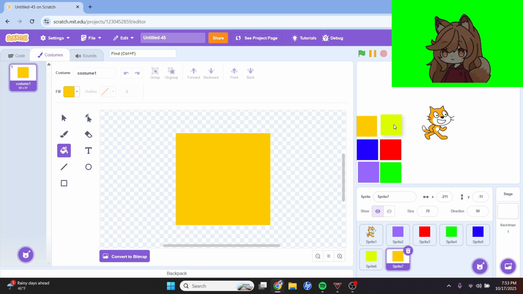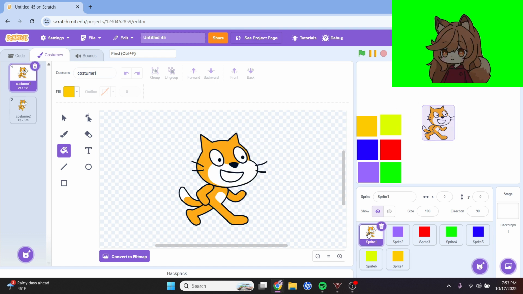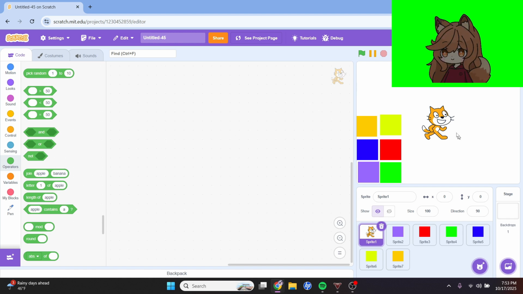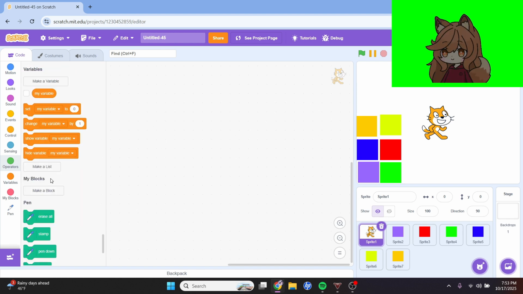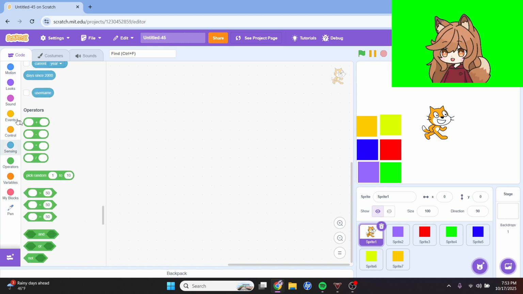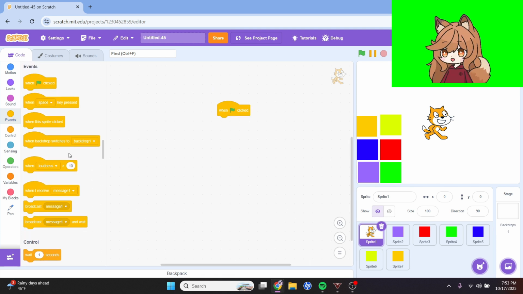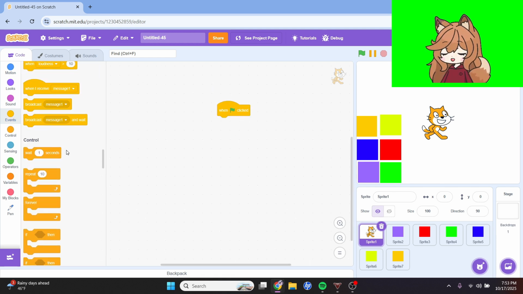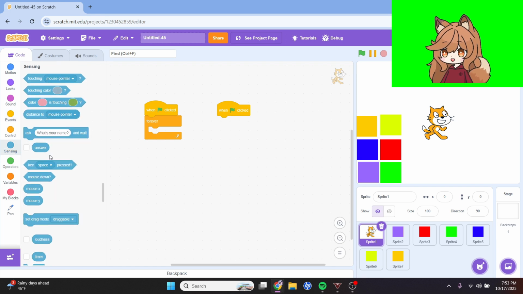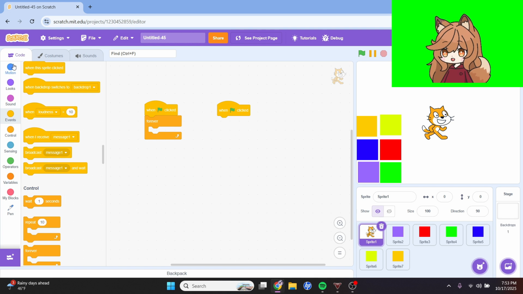we're making. Now next, we're gonna start coding for the paintbrush. Now let's add the events, when flag clicked. Now we're gonna make two of them, because one is for go to mouse pointer. All right, first you need go to